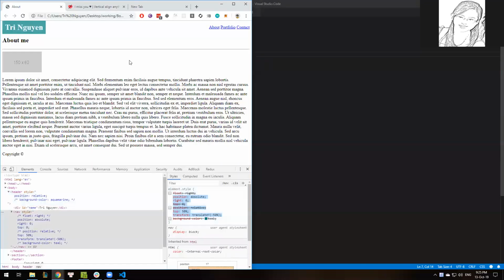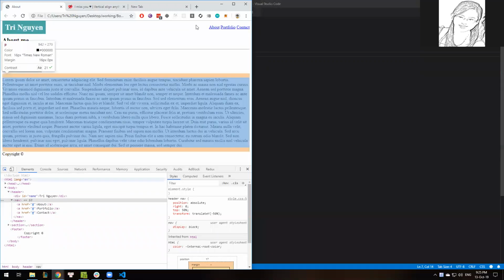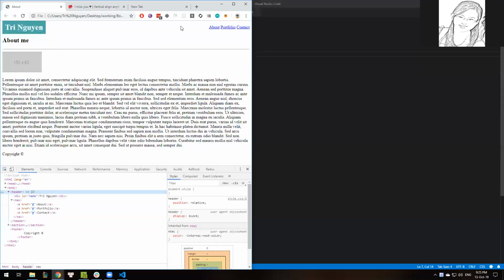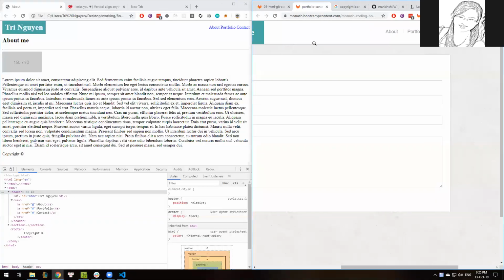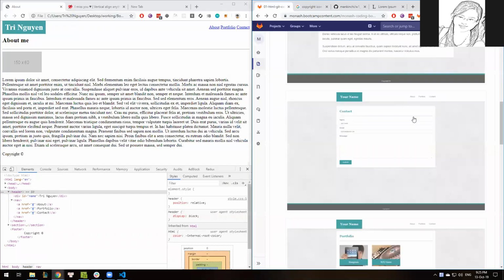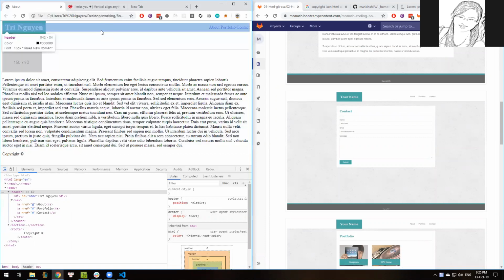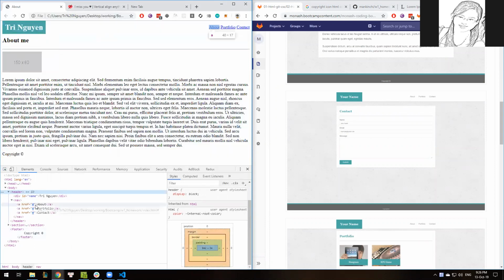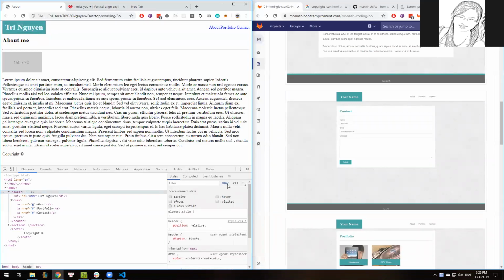So I have that. Now let's see how it looks. Okay, right at the middle. So that's good. Now what next? Right, so we have that. Now we have it to be Y and kind of a border at the bottom. So let's make that. So this is our header. If we add the border,